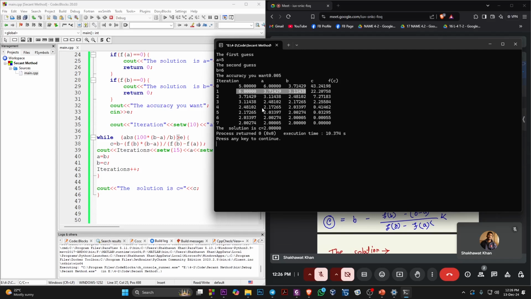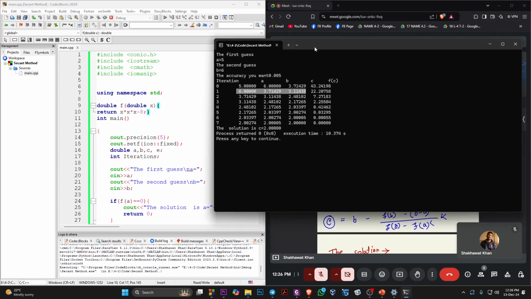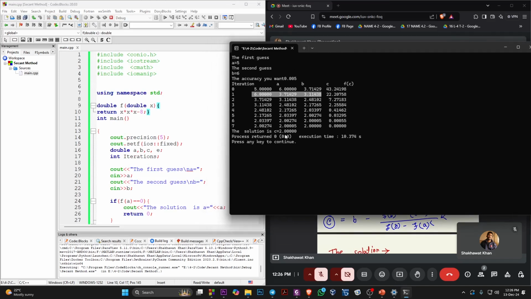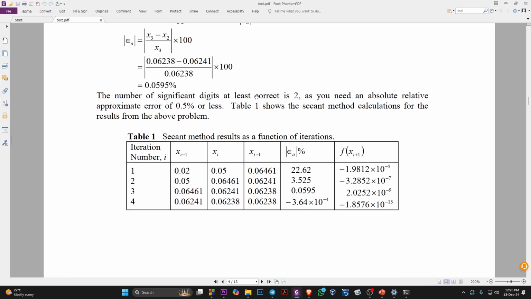So as we know that the x cube minus 8 function was used in this problem, we get this solution, that is 2, which is right. Okay, so that problem was shown for a simple function. So I would like to discuss something more difficult in my problem. So I have a problem in a,